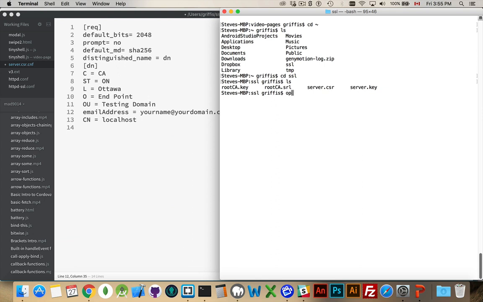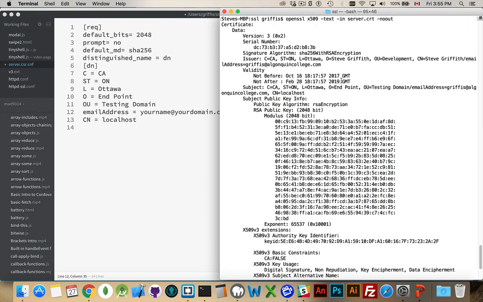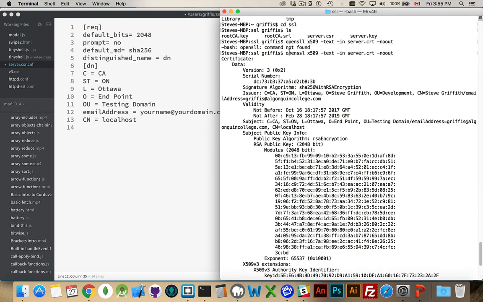Now to verify that this is working, openssl x509 -text -in server.crt. Oh, and I always misspell SSL. There we go. So this is what we got. I've actually run this final command because it's just the verification. This one should be generating this certificate,